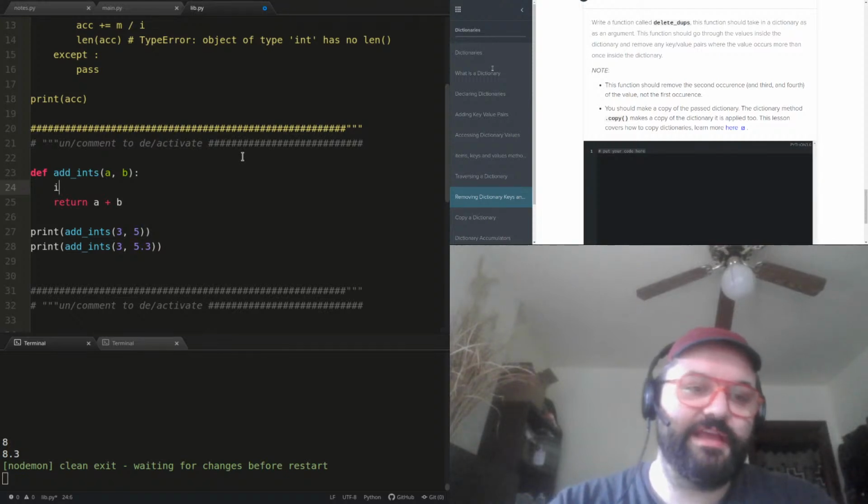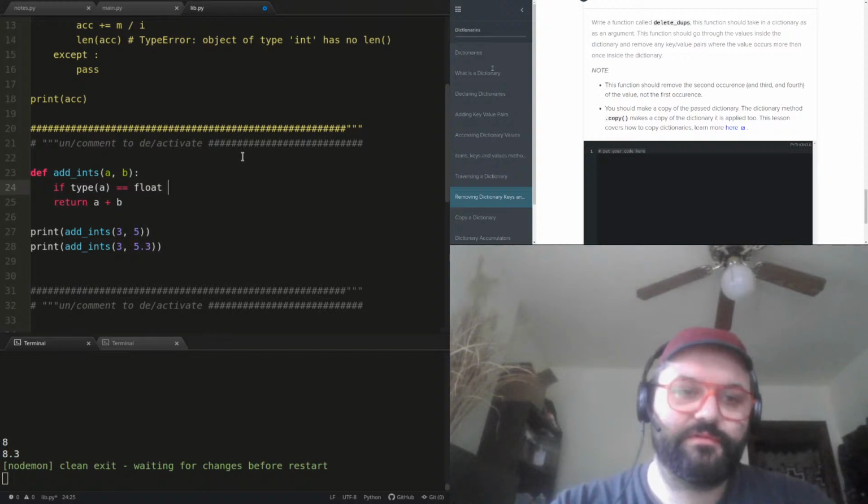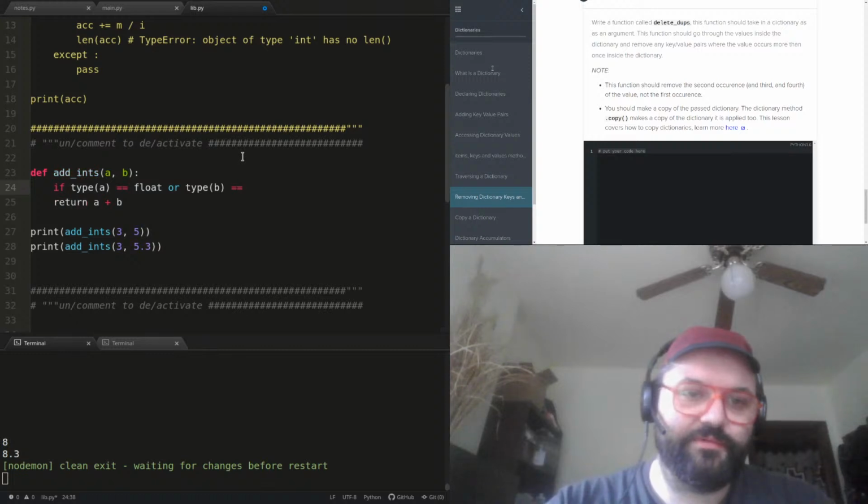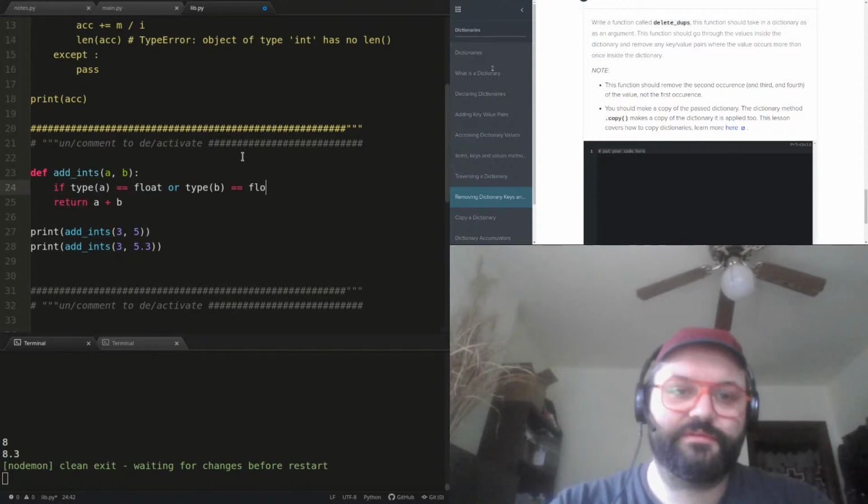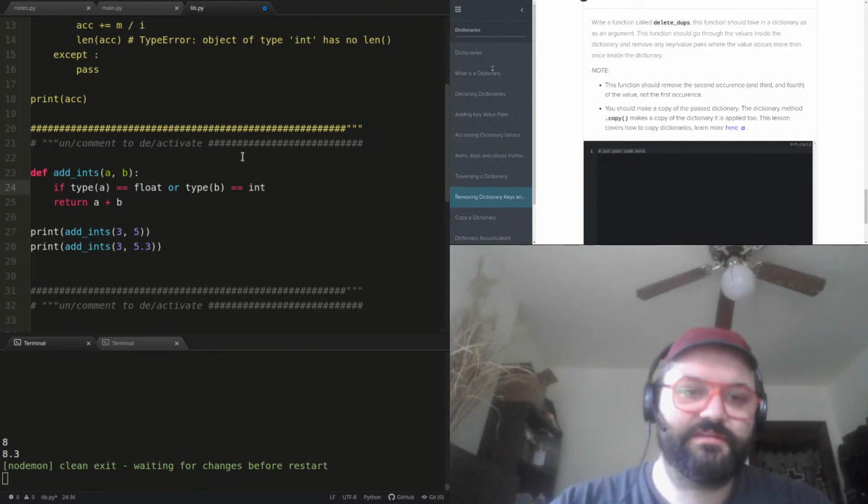So I could say if type A equals float, or type B equals float, or better yet, not equals int, because there are a lot of things that aren't ints that aren't floats either.